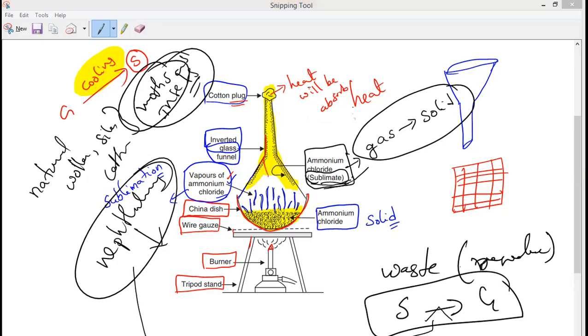Understand? So naphthalene balls undergo sublimation. They keep forming naphthalene vapors slowly, which disappear into the air, because we are not collecting them. Yes or no? So that is what happens. They mix with the air, so the size continuously decreases. This is the experiment to show how a sublimate product forms. Now I will send you this image in the group. All of you should draw this neatly in your classwork. Is it okay, guys? Yes.